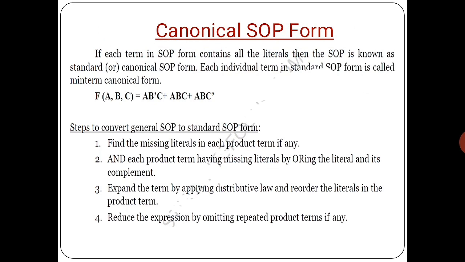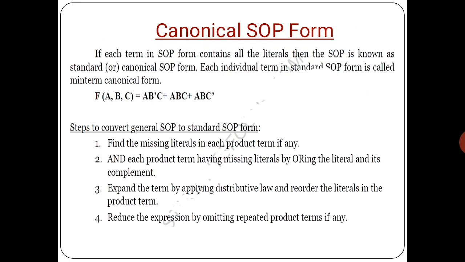In this particular thing, now we can see the canonical SOP form. The canonical means it is a standard SOP form. We are using three variables, which means in our Boolean expression, in each and every min term or max term, the three variables must be present, which means it is a standard SOP form. If we leave out any one of the variables, it cannot be present in the min term or max term, which means the particular expression is represented as a non-standard SOP form, or otherwise non-canonical SOP form.